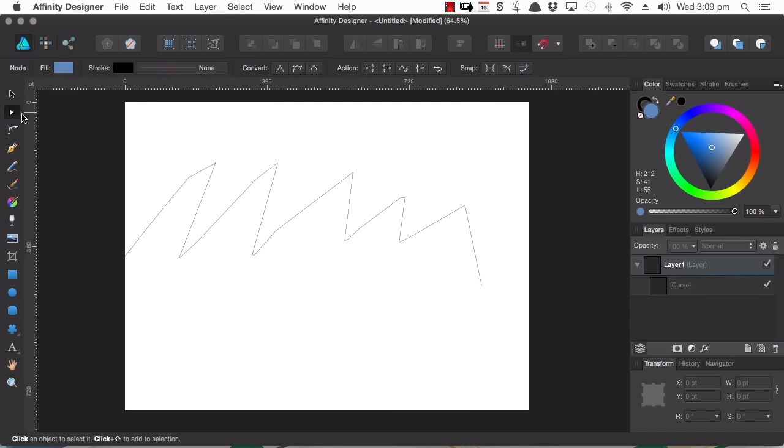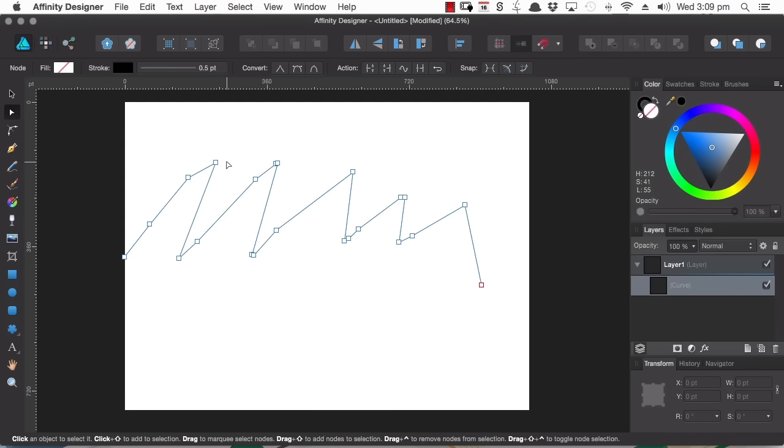And you'll also notice that each one of these nodes uses a square shaped node now. So you can identify the circle shaped nodes are smooth mode and the square shaped nodes are sharp mode. The third type of node is the smart node. And what that does is it automatically calculates a smooth curve of best fit for you depending on where you've